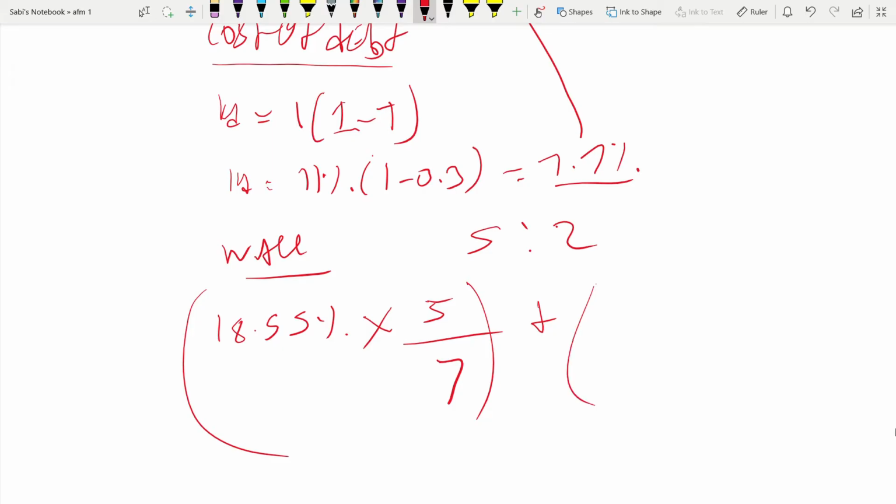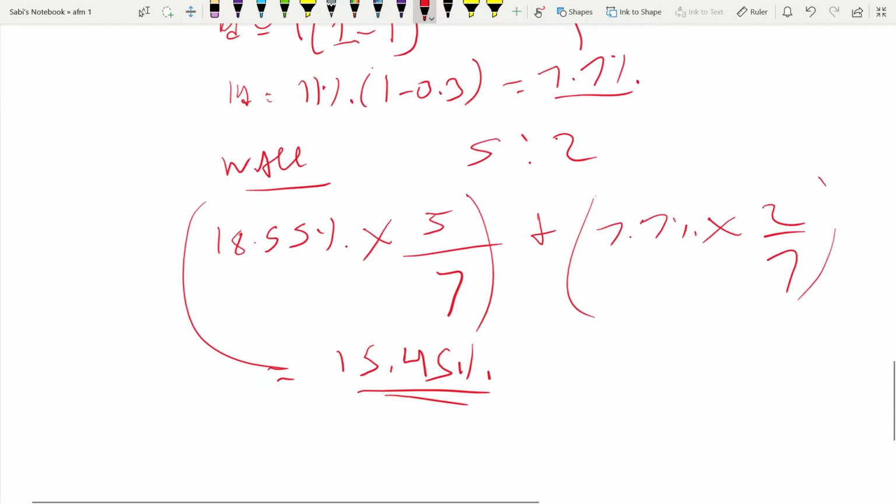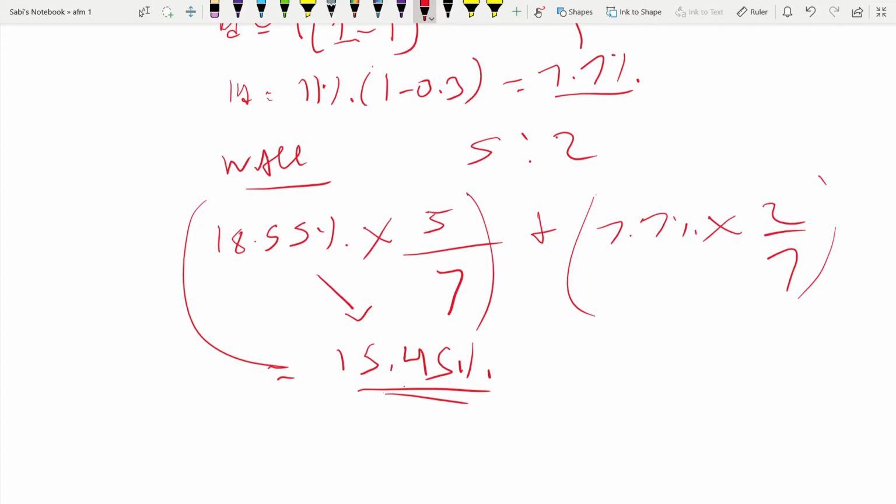What is cost of debt? 7.7%. Here it will be 2 over 7, the balance. And when you get your WACC, it will be 15.45%. If you compare this, just check. This one is less than cost of equity, but more than your cost of debt. So now you can understand that by having a lower amount of debt, there is low cost. If you have that with your equity, it will bring down your WACC. Otherwise, imagine your cost of equity is just 18.55%, but because of this debt of 7.7% it is bringing down your WACC to